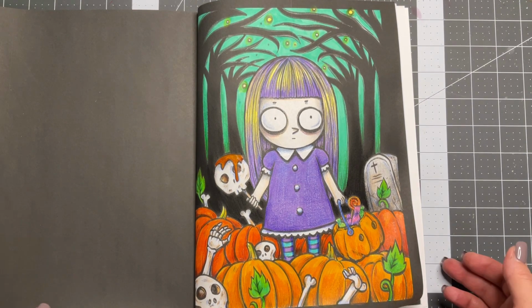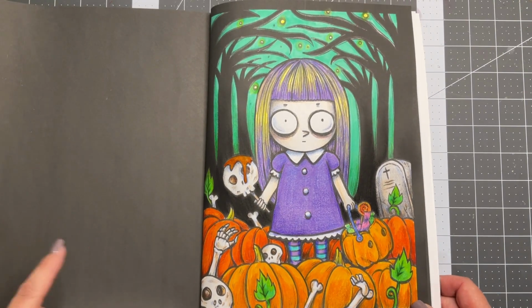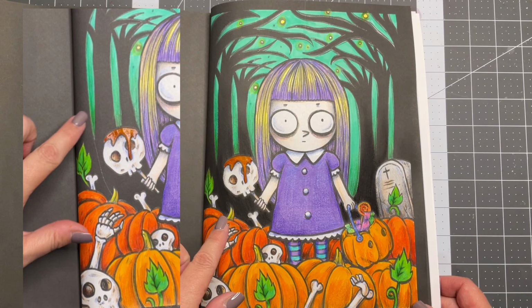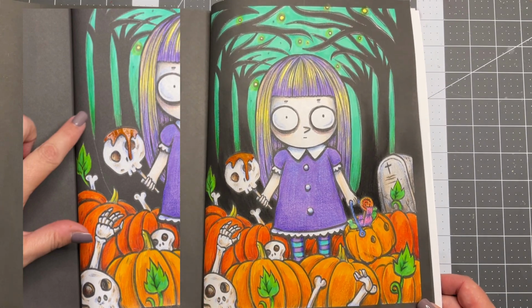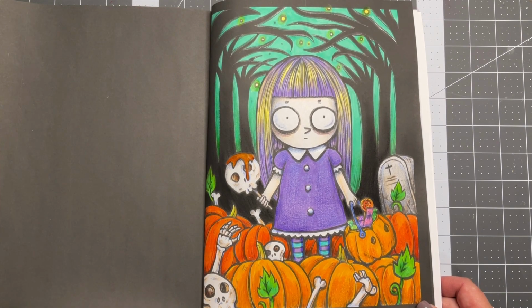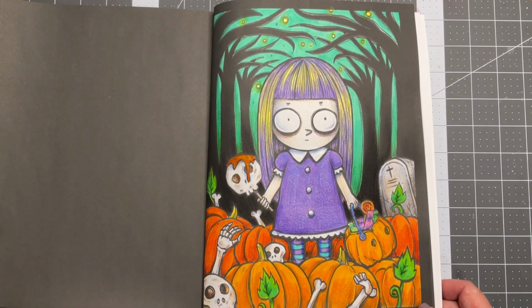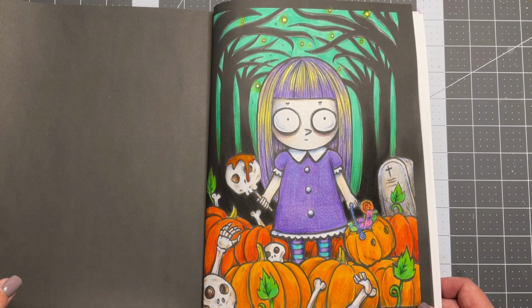All right, well, I did fiddle with this page a little bit more off camera. I noticed there was some type of mark or scratch right here in the paper. So I was trying to cover that little mark up because it was bothering me. So first thing I tried was a dark gray color pencil, and that made it shiny and stand out against the flat black of the paper. So then I erased that, which made it even worse too,